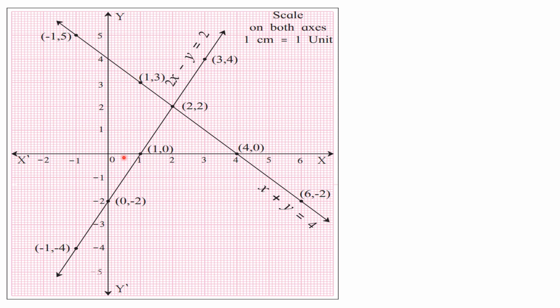After drawing these axes, you have to write down scale immediately. It carries half mark. If scale is not written, half mark will be deducted. So what scale you are going to write? On both axes, 1 centimeter is equal to 1 unit. This is same. Everywhere you are going to follow the same scale. It is not going to change from question to question. Okay, so after doing all these things, you will make the graph. You will take help of the ordered pairs.